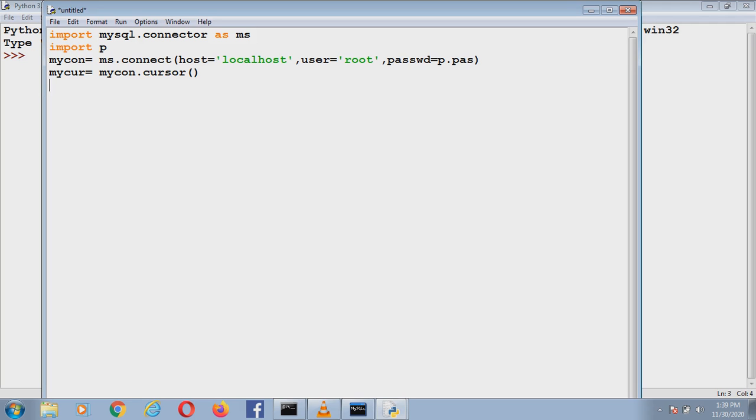Now, to do anything in MySQL from Python, my cursor should be active. It should start working. So we'll see how the cursor starts working. There is a function called execute. Whatever you want to be done in MySQL, you have to use the execute function to do it. How do we do it? Suppose I want to